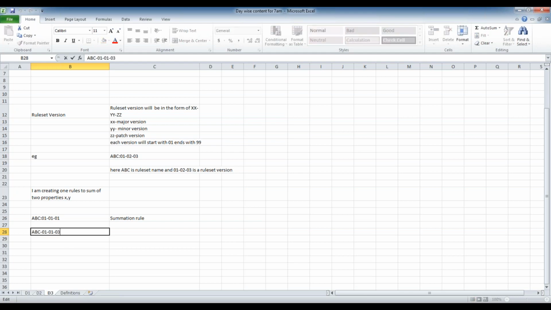You can increase the patch version. It's not like you need to follow a sequential manner. You can use 01 and then you can go for 05. You can go for 010. You can go like that. So in the 03 version, I corrected the formula, the summation of x plus y. So during execution,